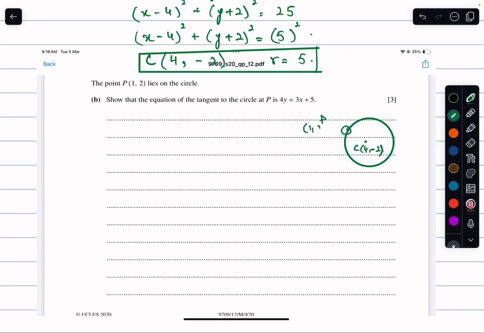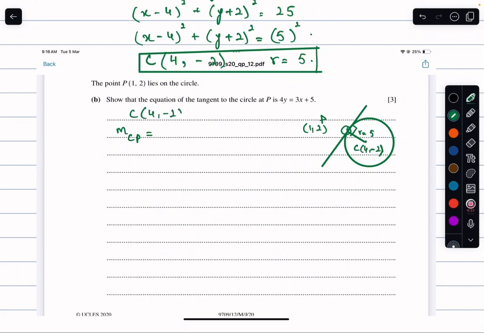Point P is (1, 2), and we have the radius of the circle, r, which equals √5. Show that the equation of the tangent at point P is... So this is the tangent, and we know that radius and tangent are perpendicular, therefore I should have a perpendicular sign. Now with that, I know that if I get the gradient of CP, with coordinates of C being